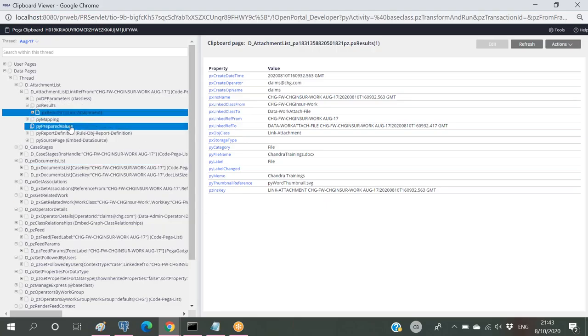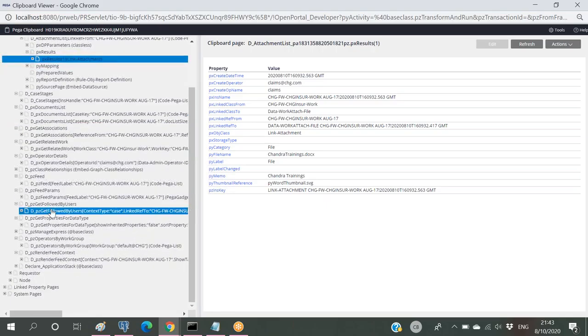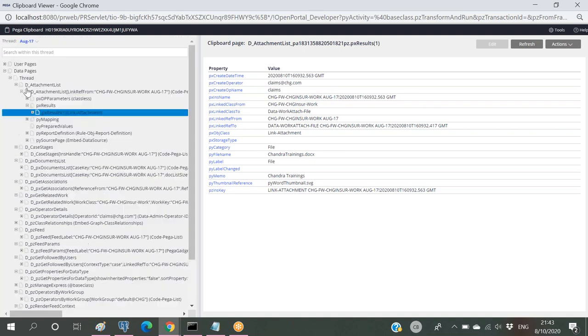So now PRPC will be creating two separate pages, that is d underscore attach list as well as py attachment page. Okay, this is the thing we have to understand. So this particular page will be referring to one class called link attachment. This is the class where we can have the attachment details, and similarly we will be finding the same kind of attachment details in one class called